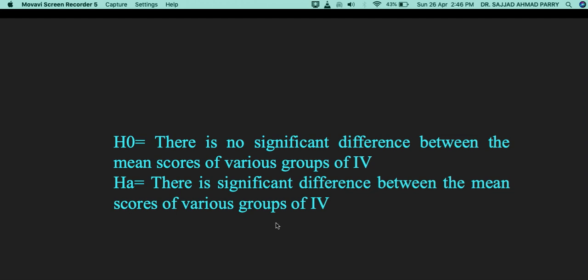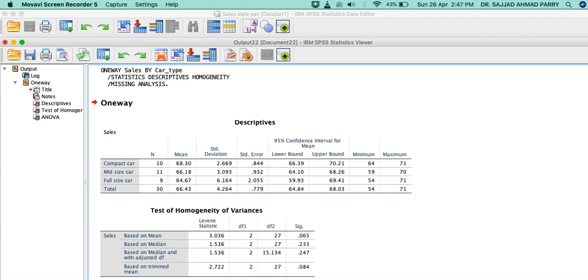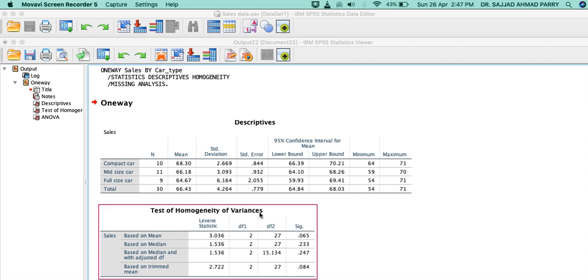So now here, if our p-value of the Levene's test statistic is greater than 0.05, we are going to use one-way ANOVA. That means the null hypothesis is rejected, and hence we can say there is a significant difference between the mean scores of various groups of the independent variable. Now if you see the test of homogeneity of variance, the significance values are 0.06, 0.233, 0.247, 0.84.